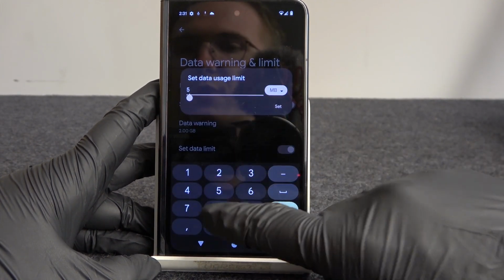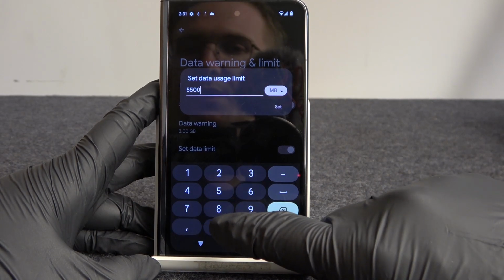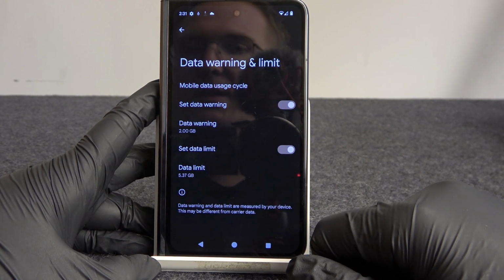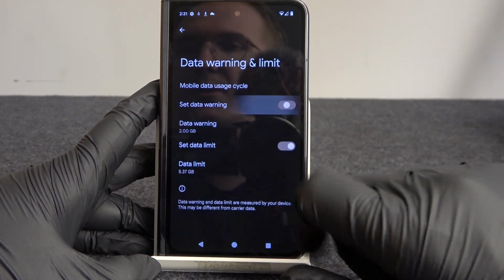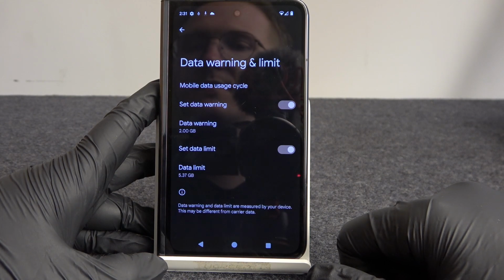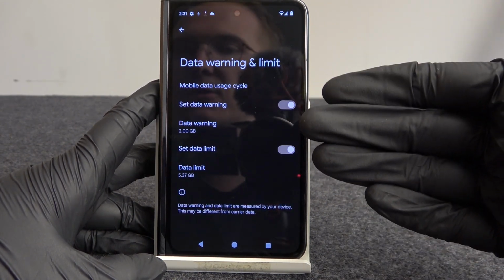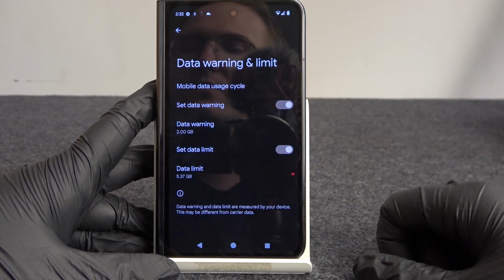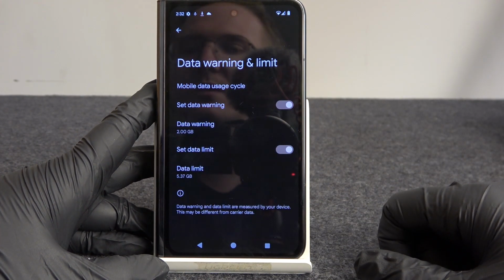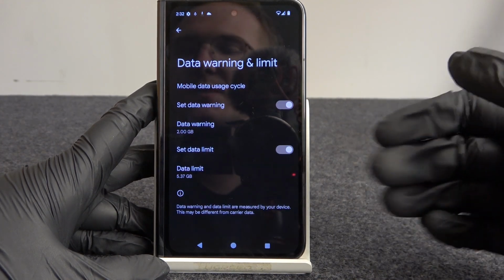So in this case, we're gonna go for 5,500. Then next options are set data warning. You can activate it or deactivate it. When it's activated, you will receive a data warning when you reach a certain limit of mobile data. Now it's set to 2 gigabytes, so that means when I use 2 gigabytes of internet, I will start receiving